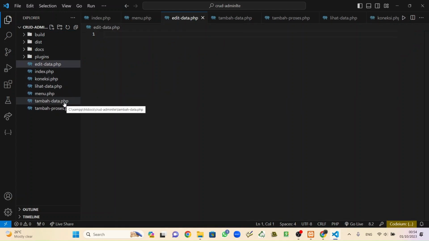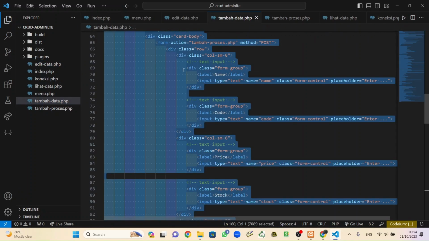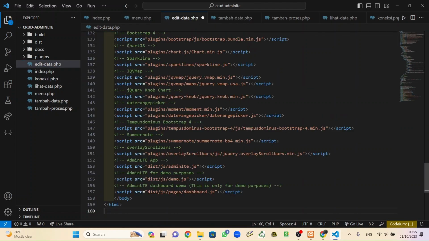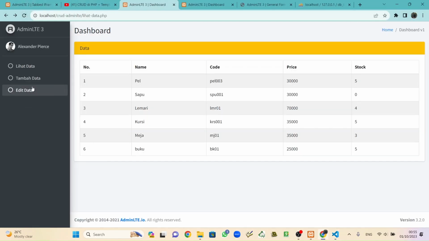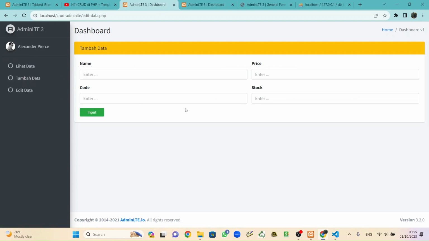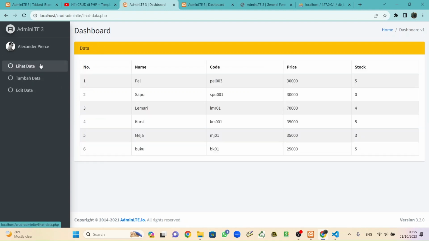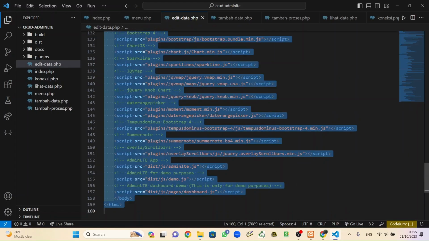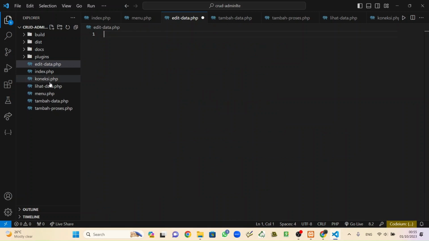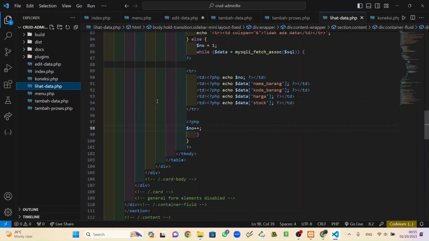And as always, same like that, we will copy from tambah data, Ctrl A, Ctrl C, back to the edit data, Ctrl V, Ctrl Shift, loop, refresh.